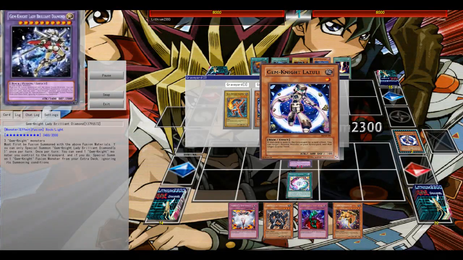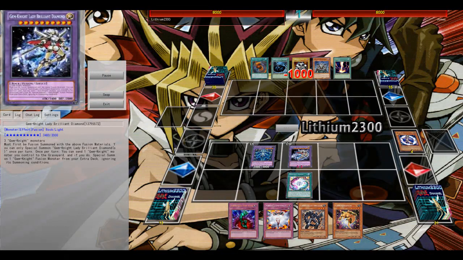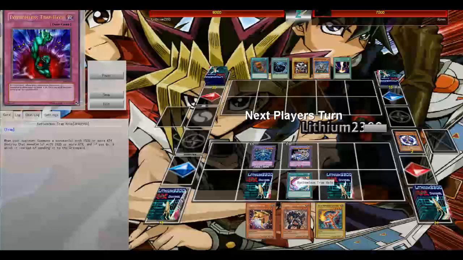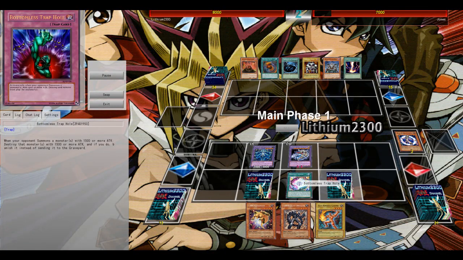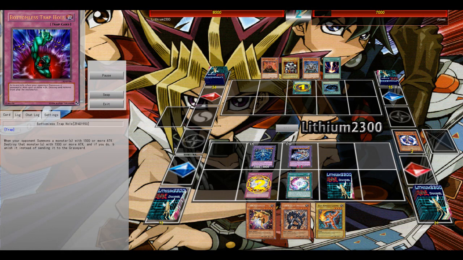So I get to start. I don't open with Gem Knight Fusion, so I have to find a way to get it to my grave with something like Lavalval Chain, which is one of the reasons why I still like playing Lavalval Chain, since I saw a few deck lists not running Lavalval Chain. So get a Diamond on board, get a Lazuli, get some nice burn damage, 1k, and set up my hand